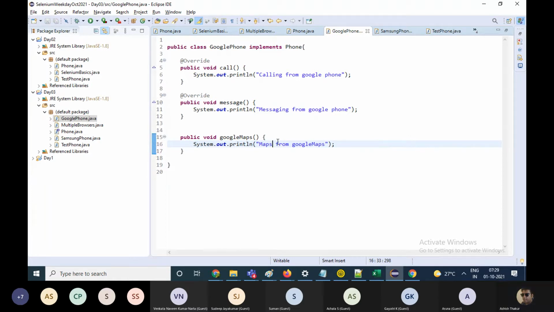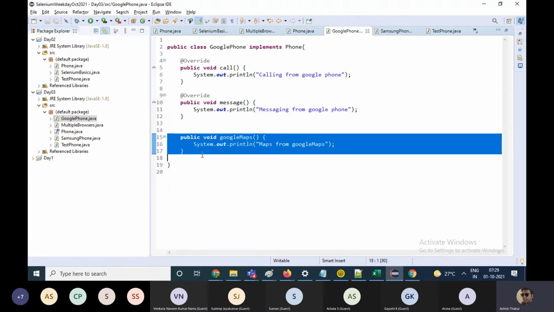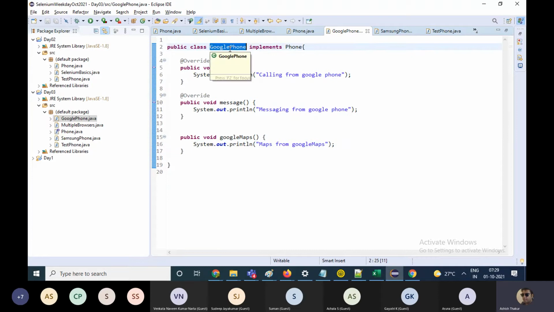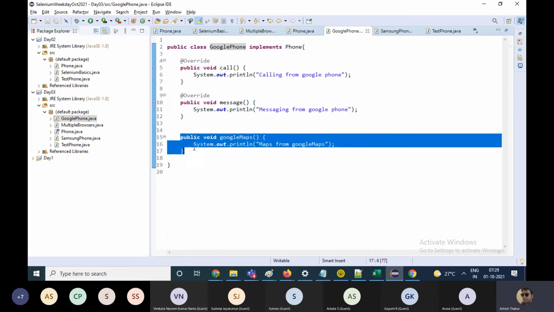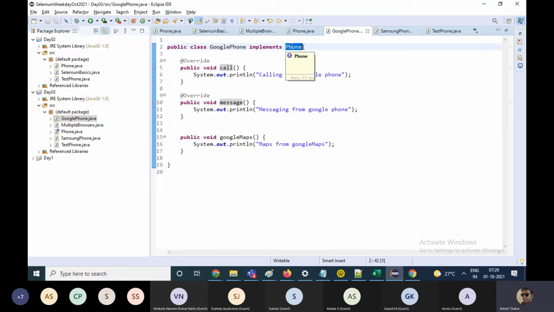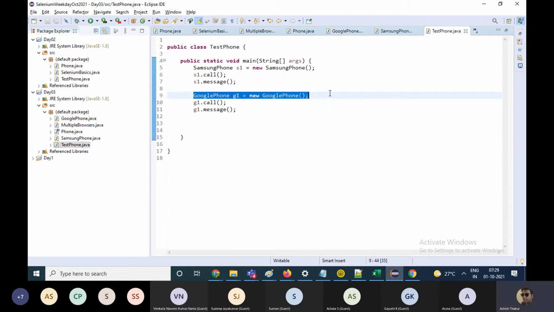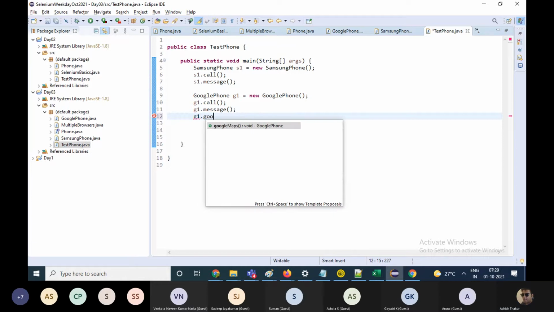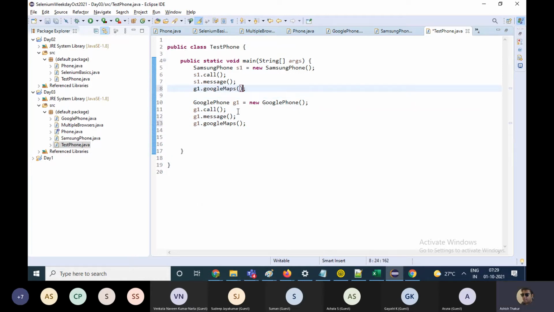This is the function which is proprietary to Google phone. It is not coming from the interface. So of course, when you create the object of Google phone, you can call this function. But you cannot call this function from Samsung because it's not there inside that class.